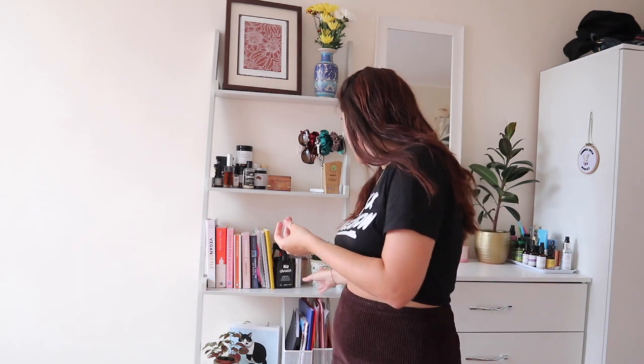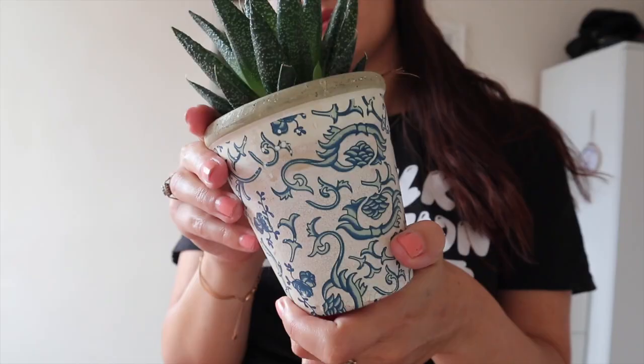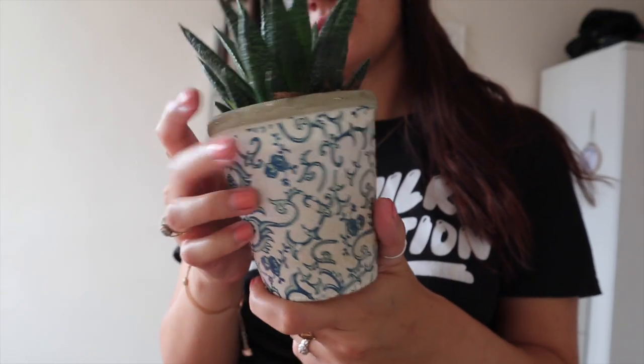I've got a little plant here. This plant pot is actually an old candle pot, and I bought that candle back when I had one of my first jobs, a summer job, which was working in a gift shop. That actually led on to me getting my first, not my first full-time adult job, but my first full-time adult London job. Basically, the owner of the gift shop was also the COO of a travel company in London, and that's how I got my first London full-time job and how I got into the travel industry